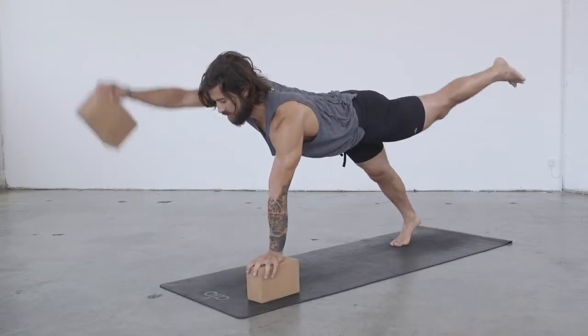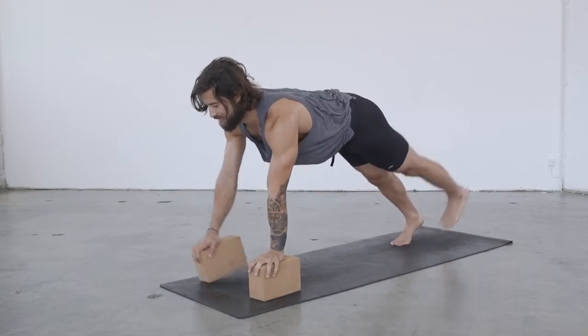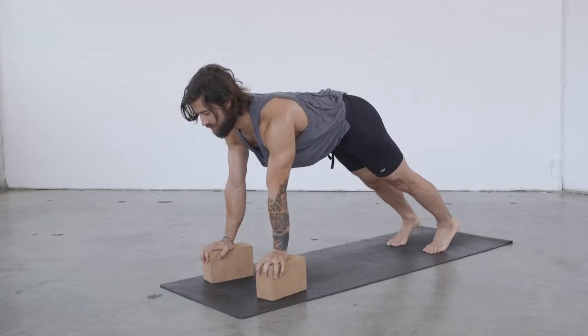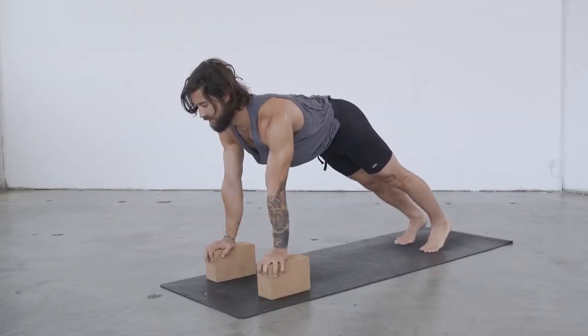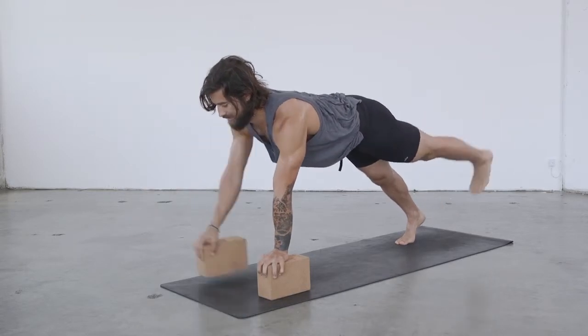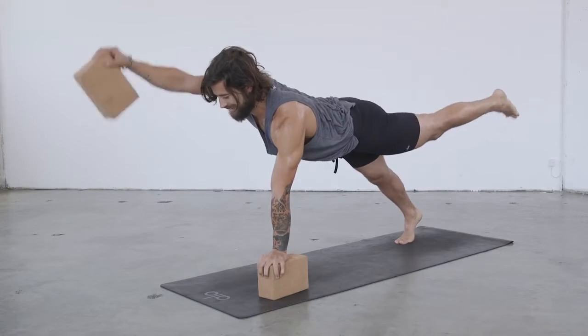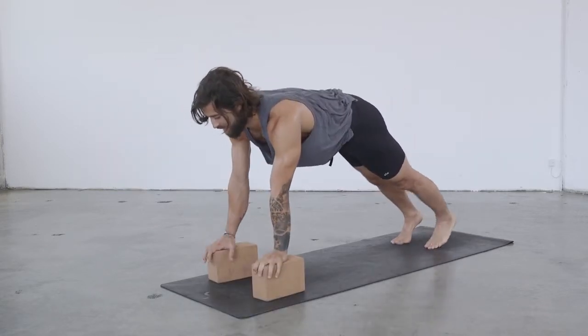Switch, switch, switch, switch, switch, switch, switch, switch, switch, switch. Nice. 4 more. Switch,